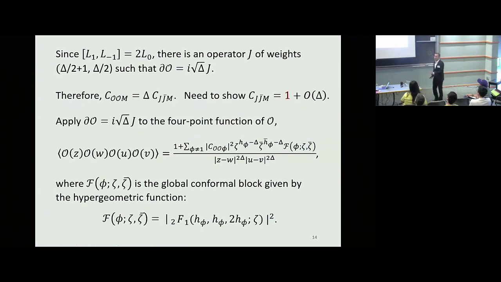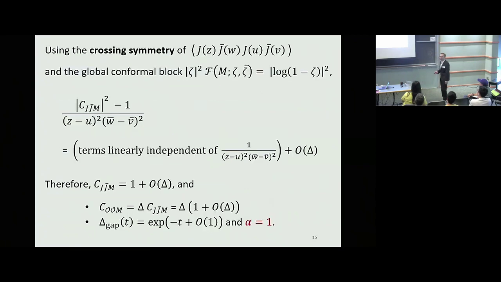Okay? So to show that, I'm going to use the conformal bootstrap, in particular crossing symmetry of the 4-point function of this operator O, which becomes light in the limit. So I'm going to expand this 4-point amplitude in terms of global conformal blocks. And global conformal blocks are nice because they are expressed in terms of our familiar friend, the hypergeometric function. And I was extremely happy when I remembered that 2F1 of 1, 1; 2 is equal to minus 1 over zeta times log of 1 minus zeta. Because if we use this fact, then